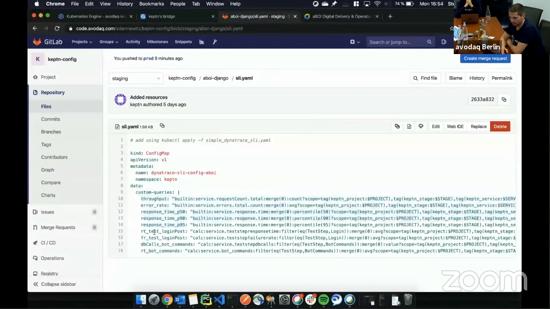Of course, you can specify your own metrics. If you leverage Dynatrace calculated metrics, you can define them in Dynatrace, pick them up via the API, and use them as SLIs. So was this detailed enough for the one who asked the question, or is any more information needed?